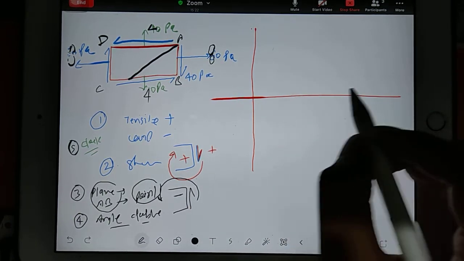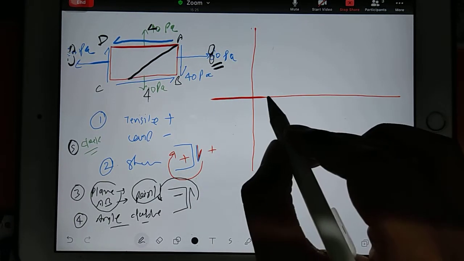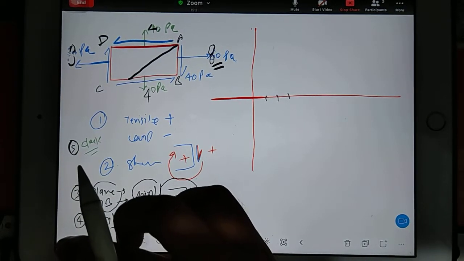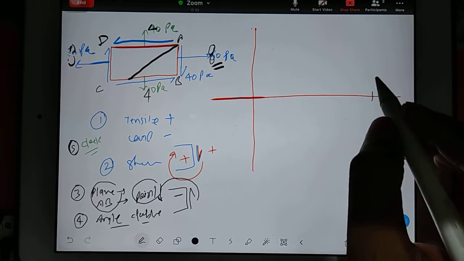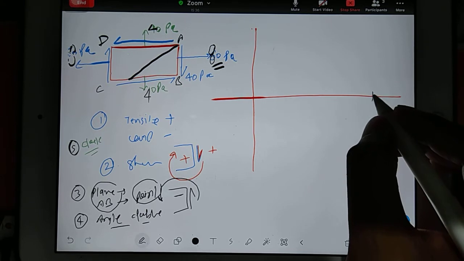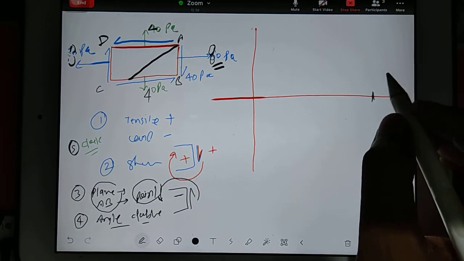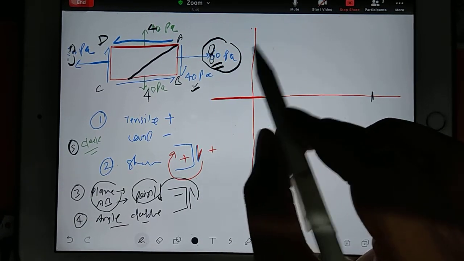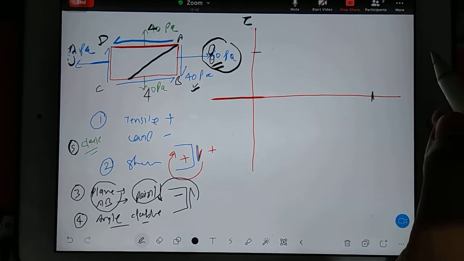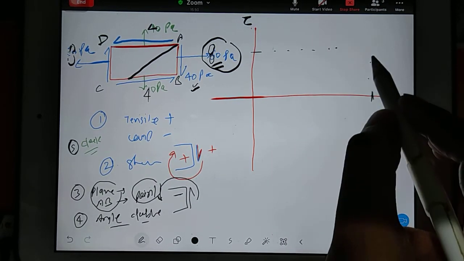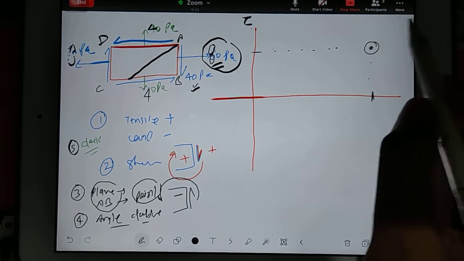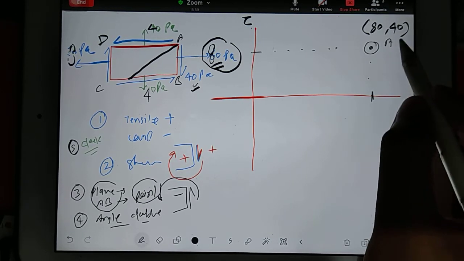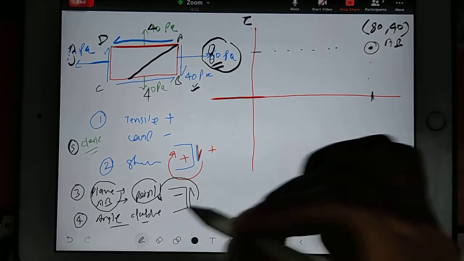So at how much distance will you have a coordinate? 80. So 1, 2, 3, 4, 5, 6, 7, 8. And keep in mind, you don't have to draw to scale, simply take some random distance and draw. So suppose this is the length 80, and then on that 80 plane you have one more stress, that is shear stress, clockwise 40. So you will go 40 up because tau is positive for that plane. You will see that here you are getting a coordinate. On this coordinate you have 80 and 40. This coordinate is nothing but plane AB. Actually this is the point right now.